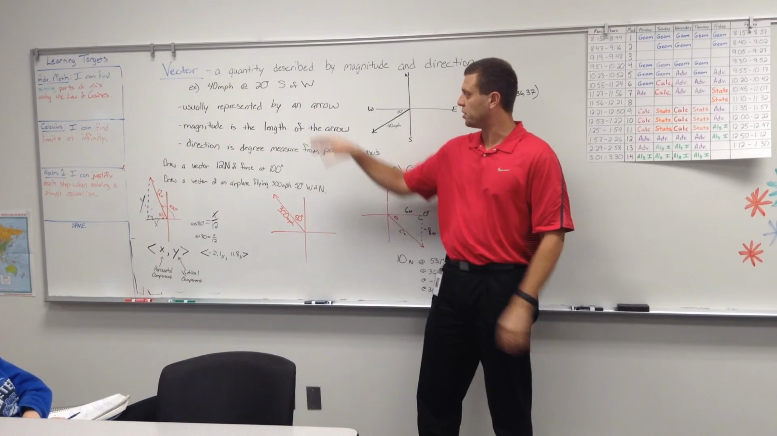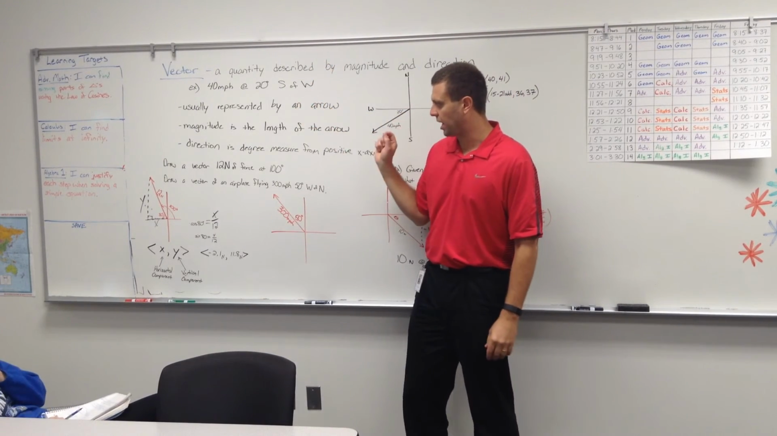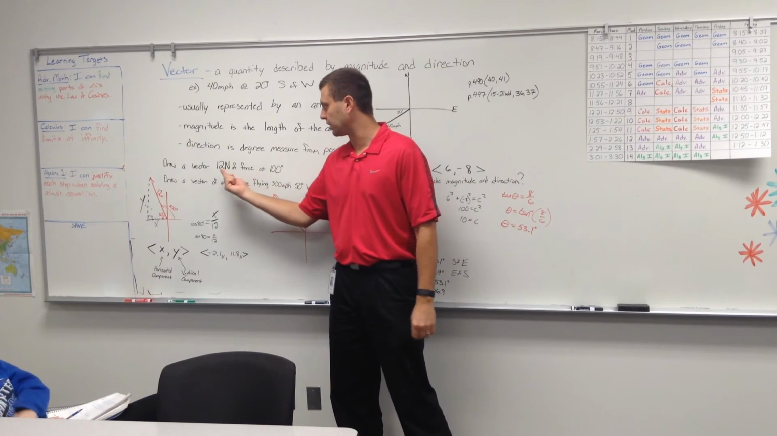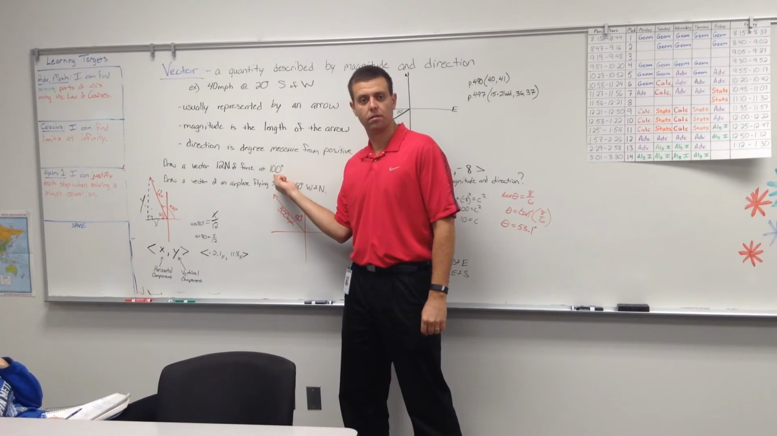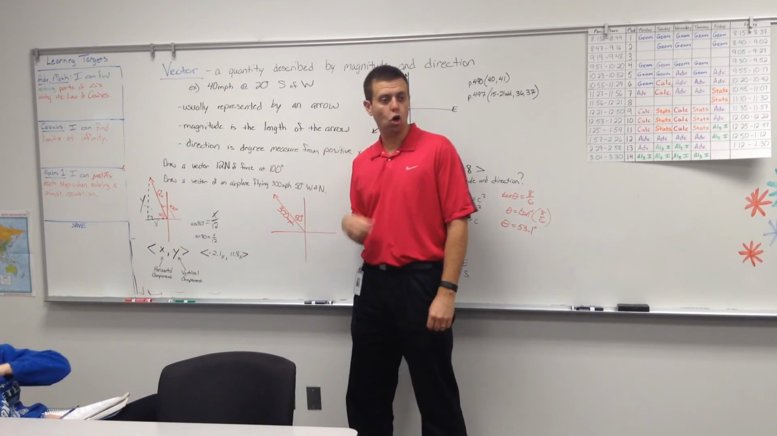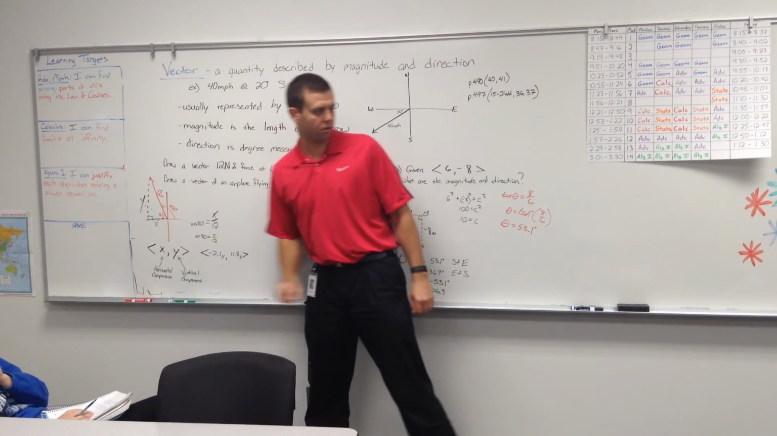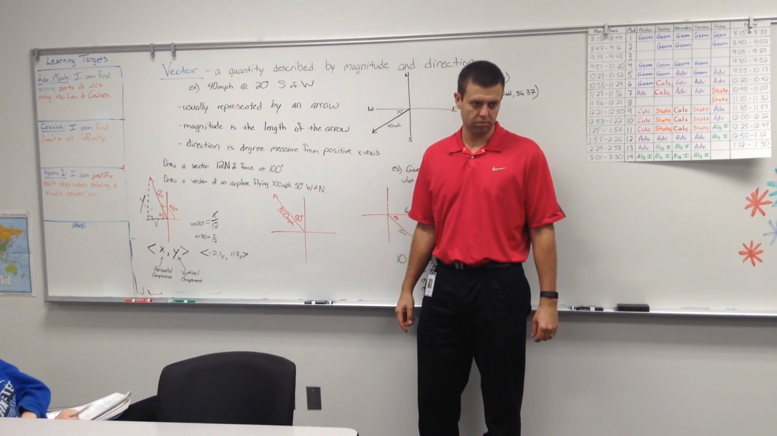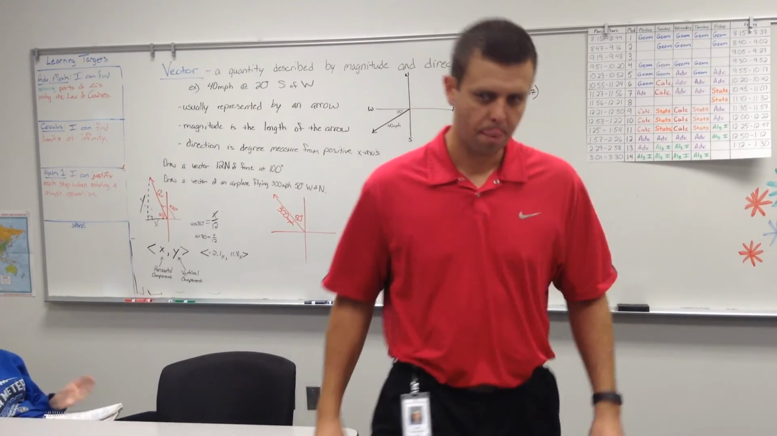So far, we know what a vector is, we know how to represent it. We can talk about a vector using magnitude and direction, or we can talk about a vector using horizontal and vertical components. So far, so good? Okay? I'm just wondering, when are we going to use